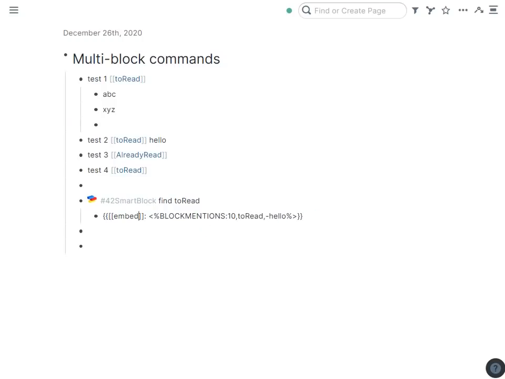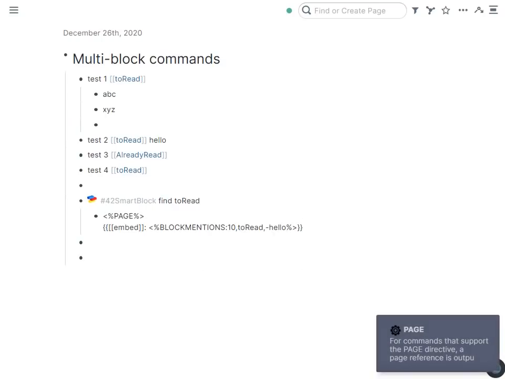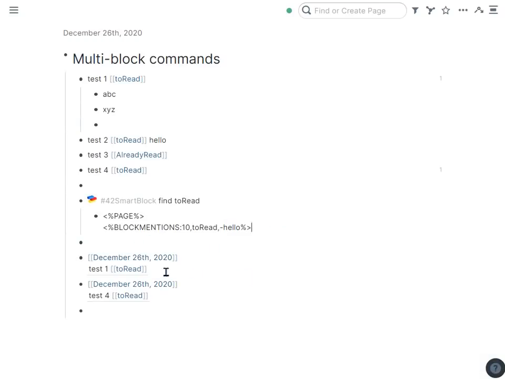In this block, I'm going to press Shift Enter, which creates a soft line break. And now I'm going to put in page. This is the page subcommand, which is designed to work with the multi-block commands, and block mentions is a multi-block mention. So let's run this and see what happens. Actually, just to make it simple, I'm going to get rid of the embed. And let's run it. So what happened? It output the block ref to the to read that matched, but it also put out the